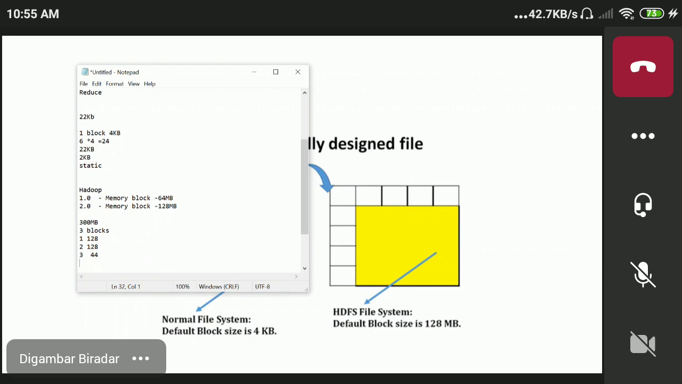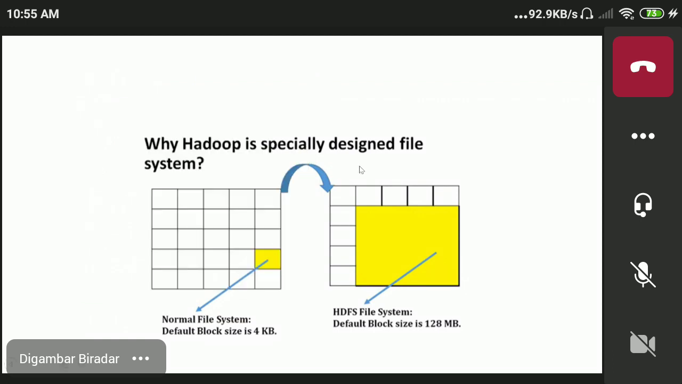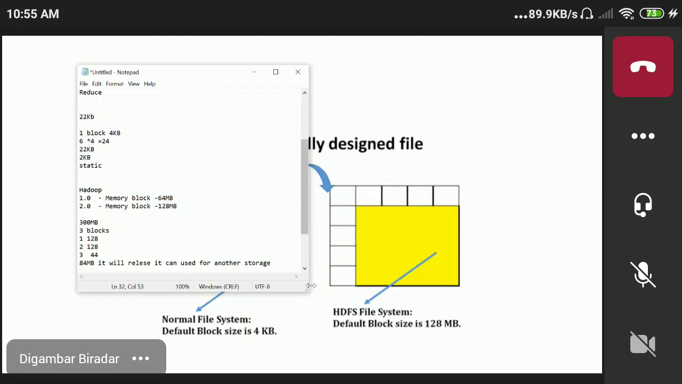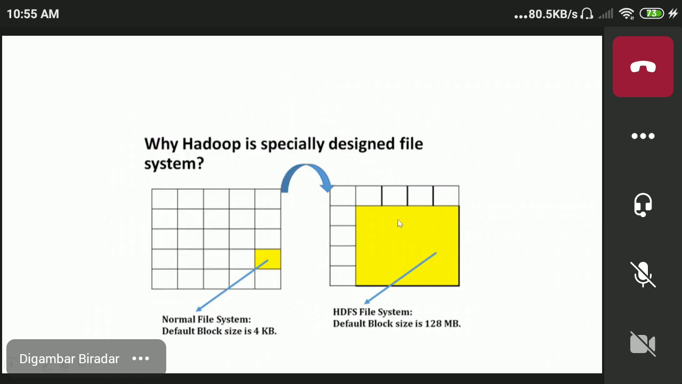मीनिंग 128 में से 44 माइनस करो, कितना बचता है वो? That is 84। Okay, so 84 MB it will release and it can be used for another storage. So that's why it is called as a design. फिर रिलीज कर सकते हैं, यानी फिर वो डायनामिक ही होगा ना? हाँ ये डायनामिक हो गया। ओके, ठीक है।